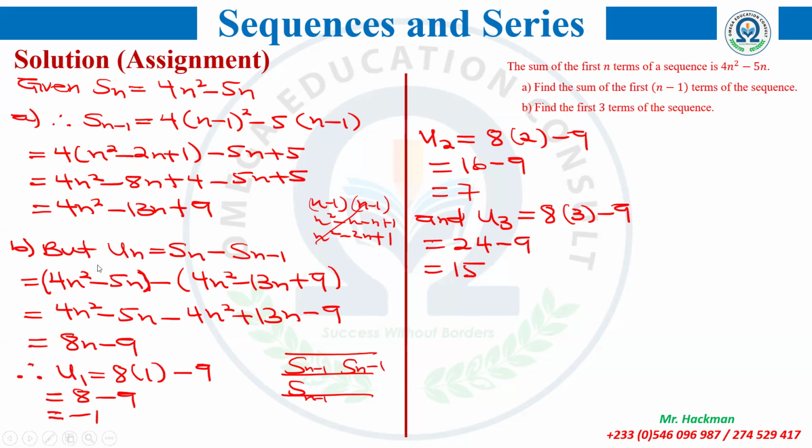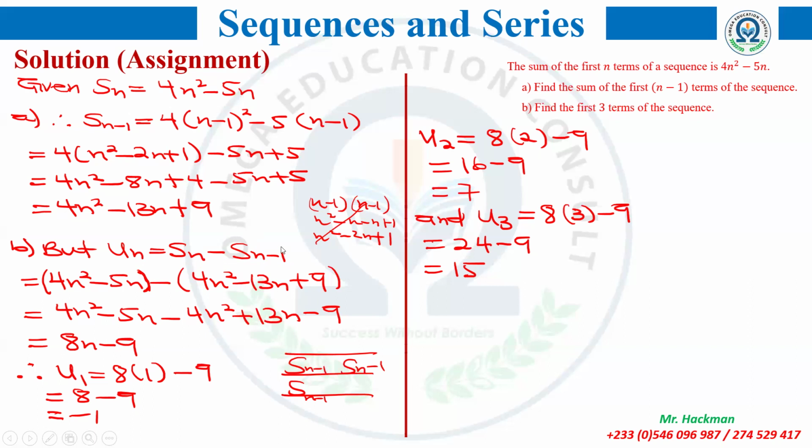Then B, we are asked to find the first 3 terms. So it means I'm finding particular terms. For me to find a particular term, I need a general term formula, which is the U sub n. But unfortunately, I don't know the sequence for me to generate. It says determine the type and use it to generate the U sub n formula. But thankfully, fortunately, I have the S sub n, and I know the relationship between S sub n and U sub n. So I know that U sub n will be equal to S sub n minus S sub